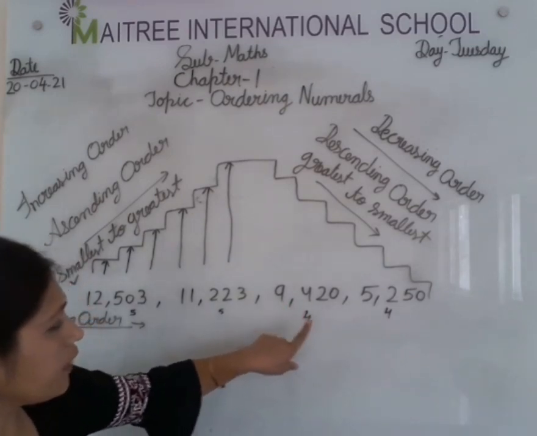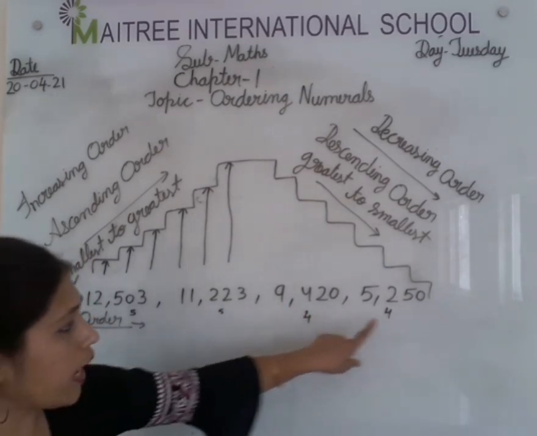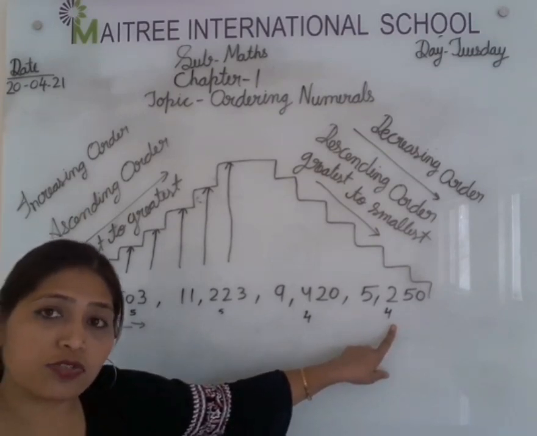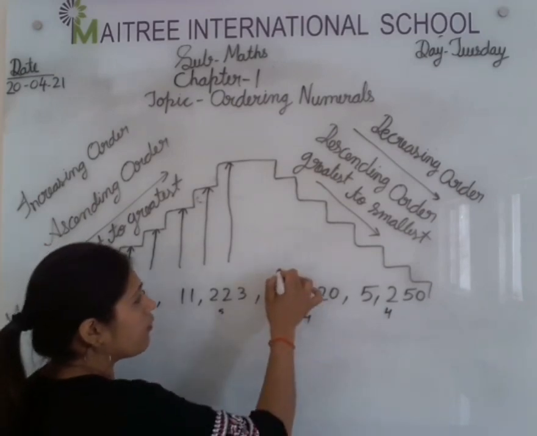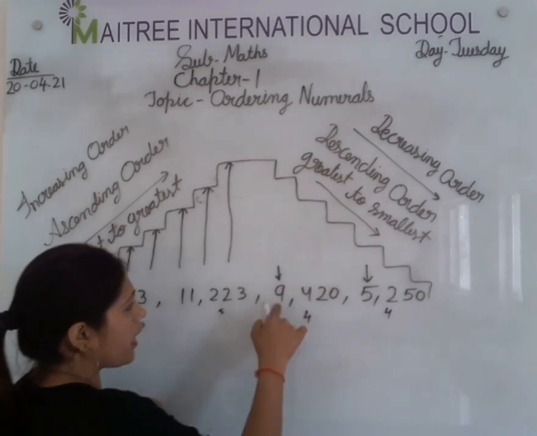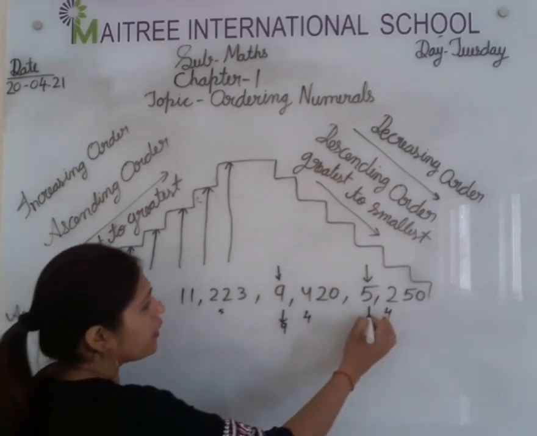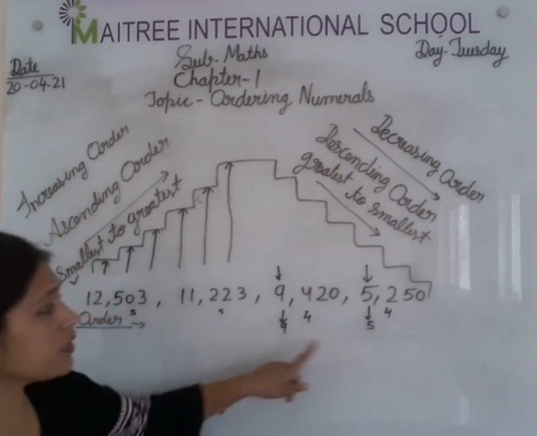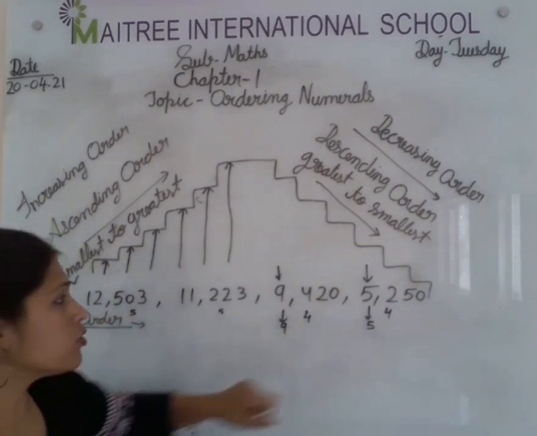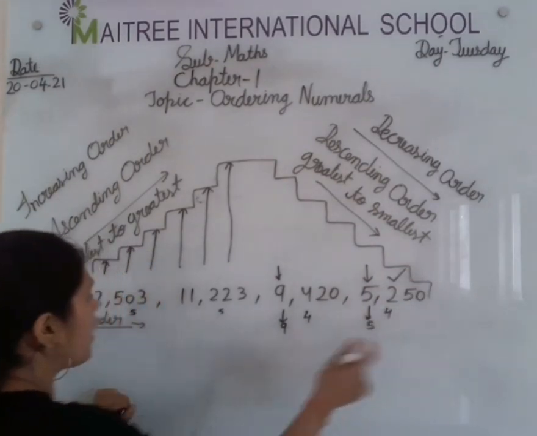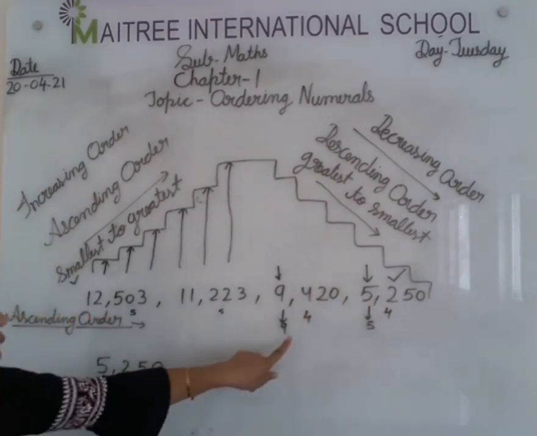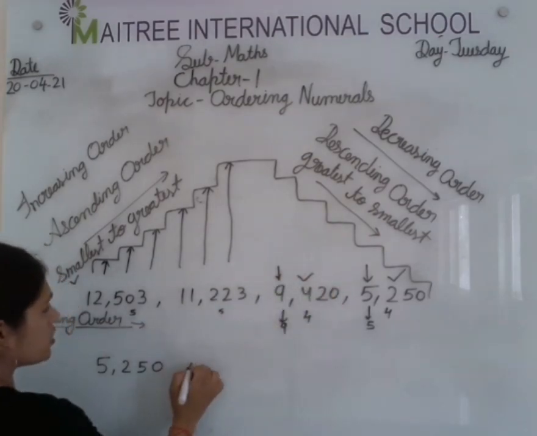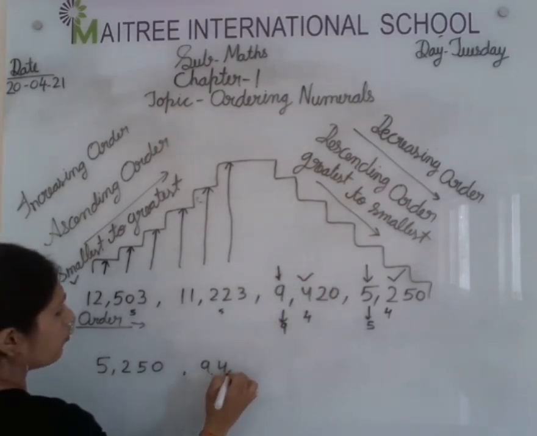But here we have to choose the smallest one. Both are small numbers, but we have to choose the smallest, जो सबसे छोटा है. So if the digits are the same, then what do we need to check? The leftmost digit. Leftmost में क्या है हमारे पास? Here we have 9, and here we have 5. So which is the smallest number here? This one. So we tick here, and first we will write this number here, 5250. Yes. So after this, which is the smallest one? This one. So this one I will write, 9400.